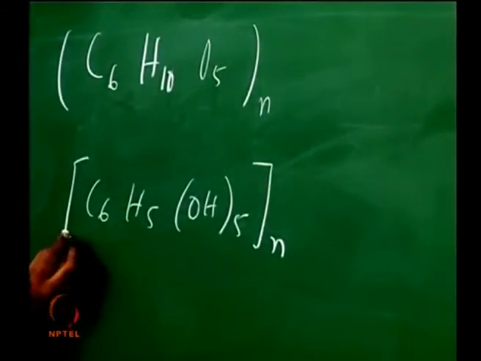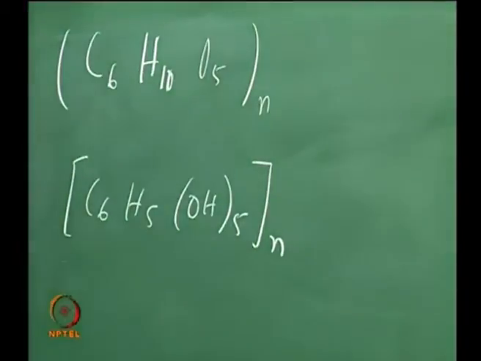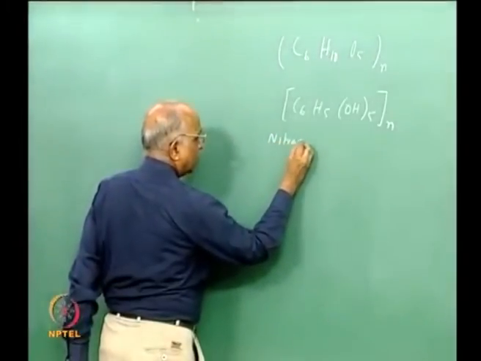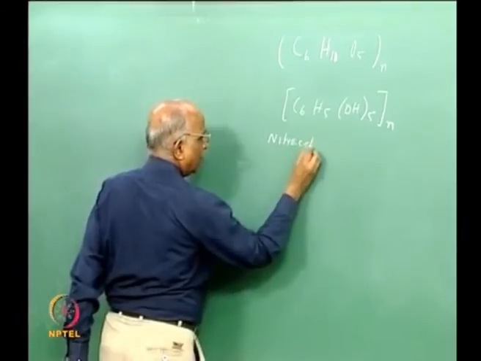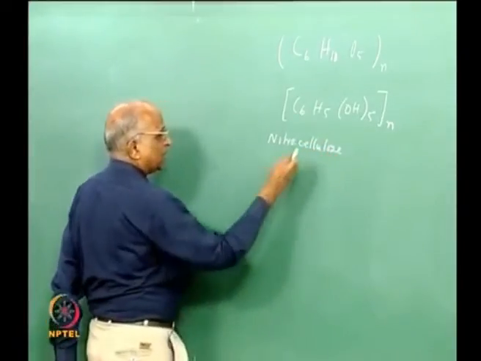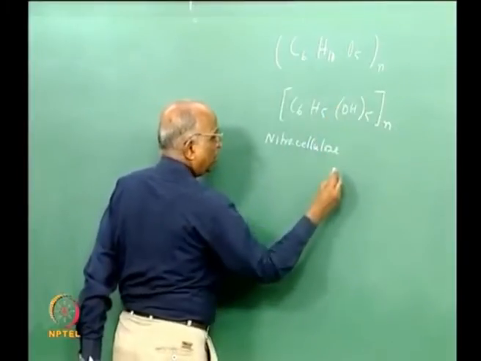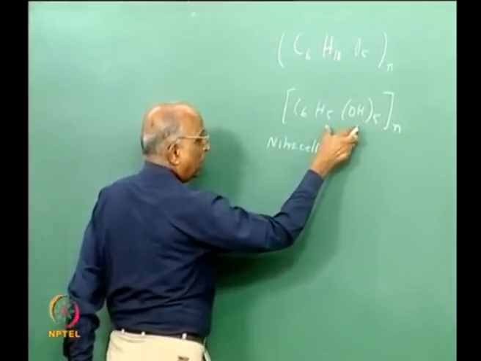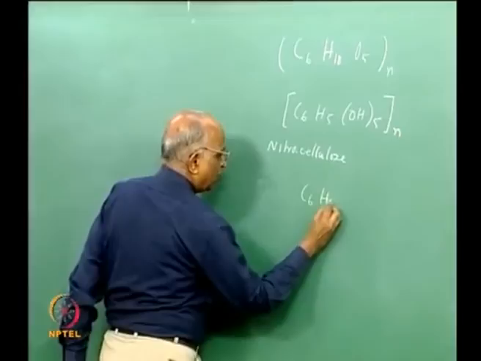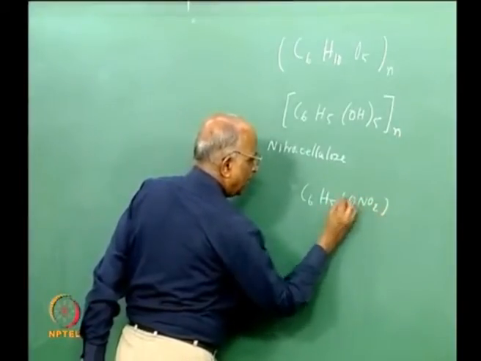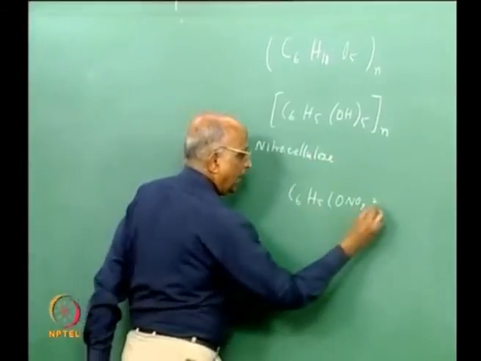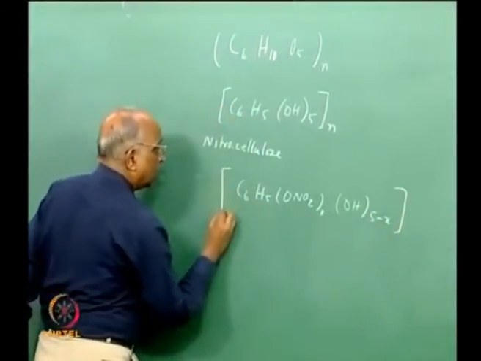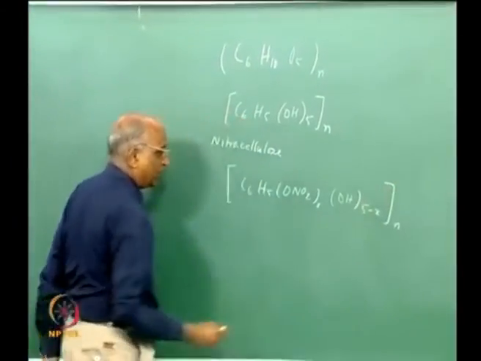Well, this is the formula for cellulose, and suppose I want to nitrate it, that means I want to make nitrocellulose. I take some of the OH over here, substitute it by ONO2, and what I get is maybe part of them, not all 5 in the molecule. I get C6H5ONO2. I take X of the 5 over here, and the balance OH is still available as 5 minus X, and this is to the power n, n number of times this gets repeated.